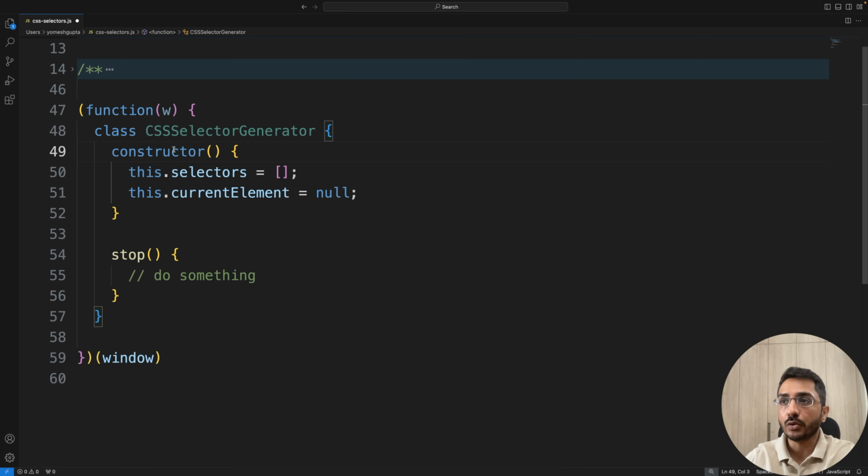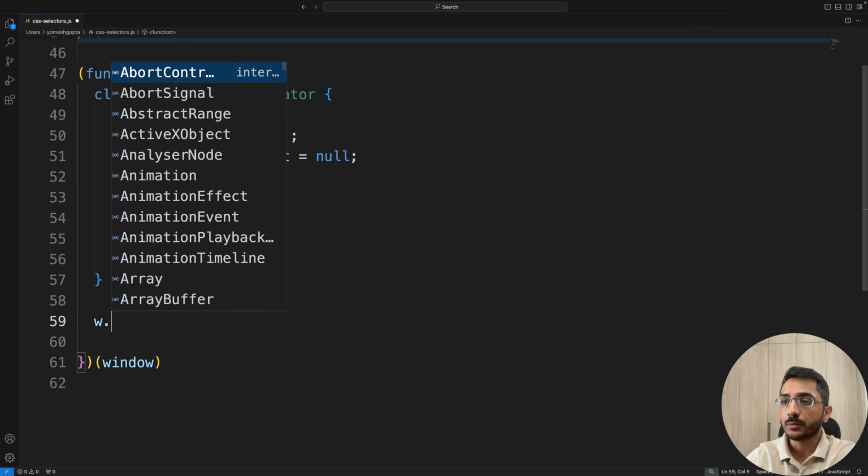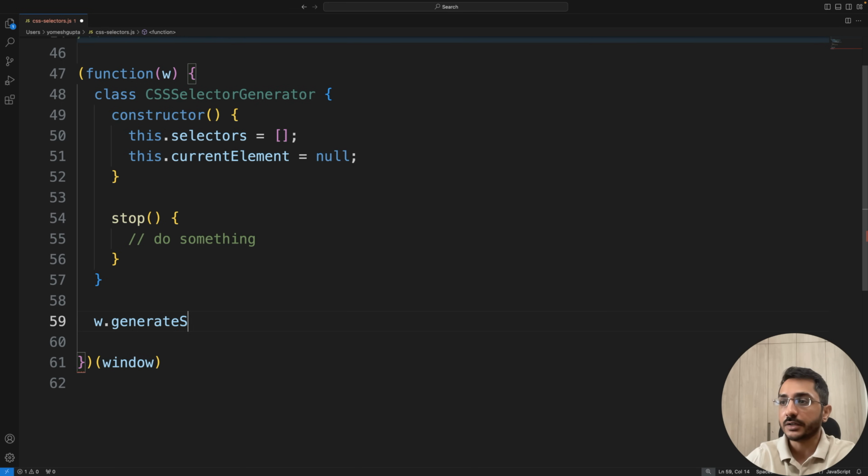Whenever we put this inside a web page, it would automatically be executed, and all the variables, classes and functions we create will be limited to this particular IIFE scope. We will not pollute anything. You can create an IIFE, you can create a normal script, host it on a CDN, import it, whatever you feel like. Inside this, we can say generate selector,